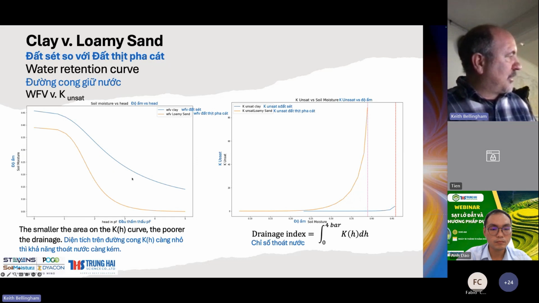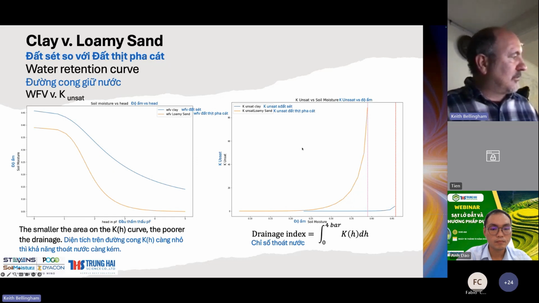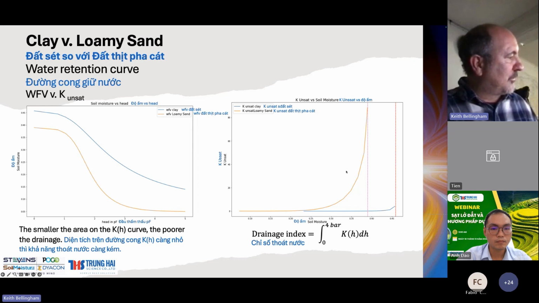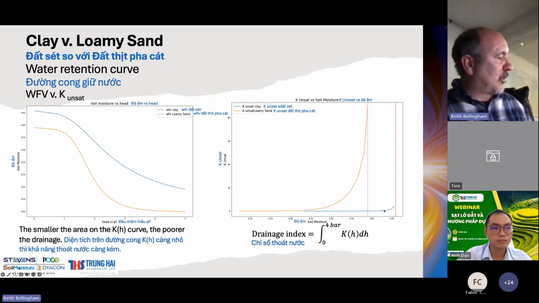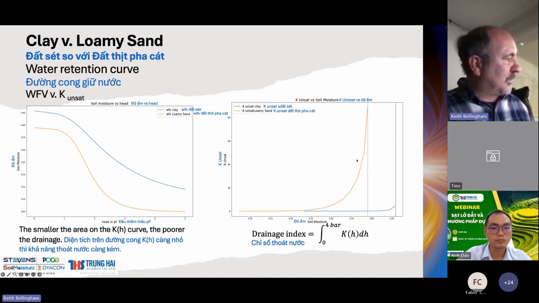If we calculate the unsaturated hydraulic conductivity and plot that as a function of soil moisture, here we see the sand soil. These dotted lines are the saturation points for these two soils. So the clay soil is this blue line on the bottom, and as you can see, the unsaturated hydraulic conductivity is almost the same as the saturated hydraulic conductivity all the way. So it's a very poorly conductive soil, whereas the sand saturates much lower than the clay, and it has a very nonlinear decrease in